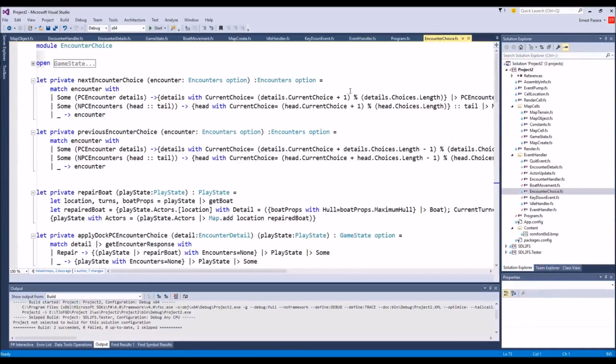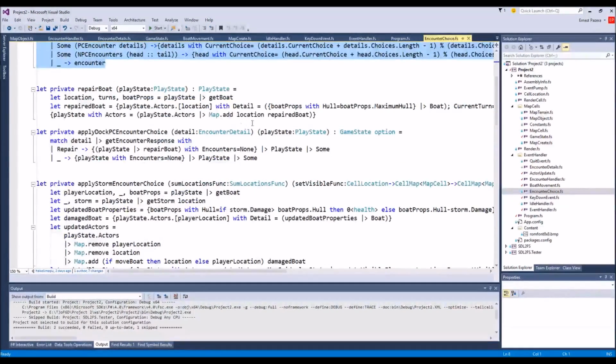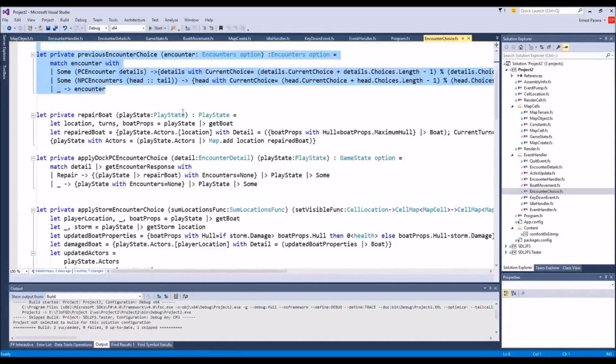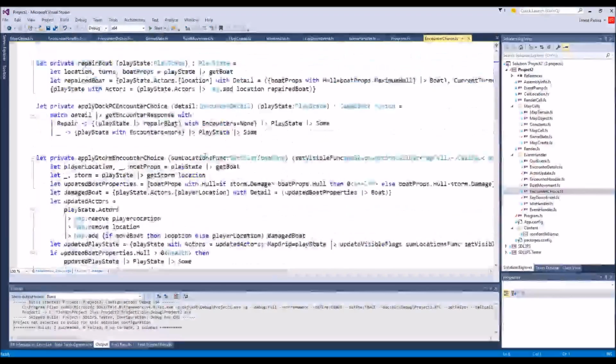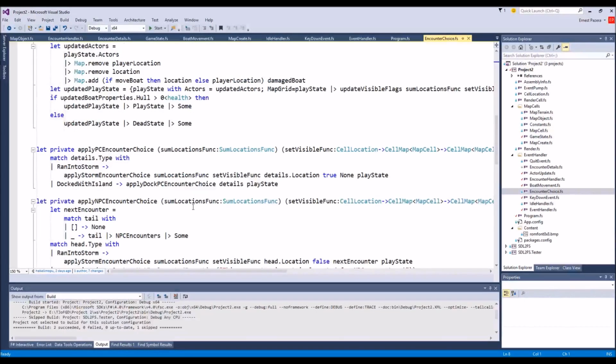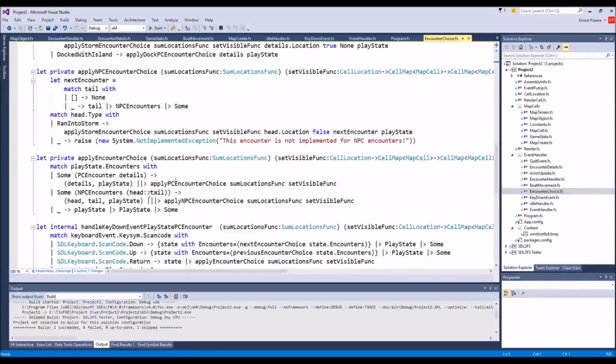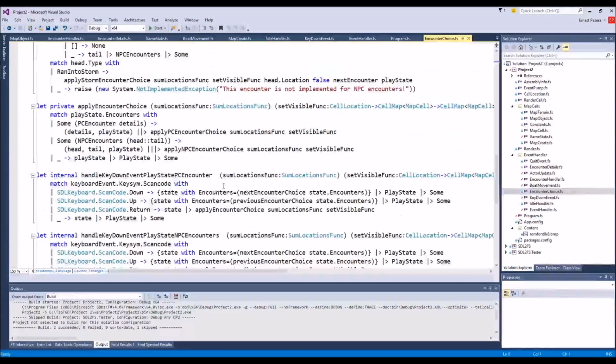Okay, this is more of the, hey, what did you do here? You take care of it, clean it up. And so actually, really, that apply storm encounter choice, apply PC encounter choice, and apply NPC encounter choice. These are the things that we're going to take care of